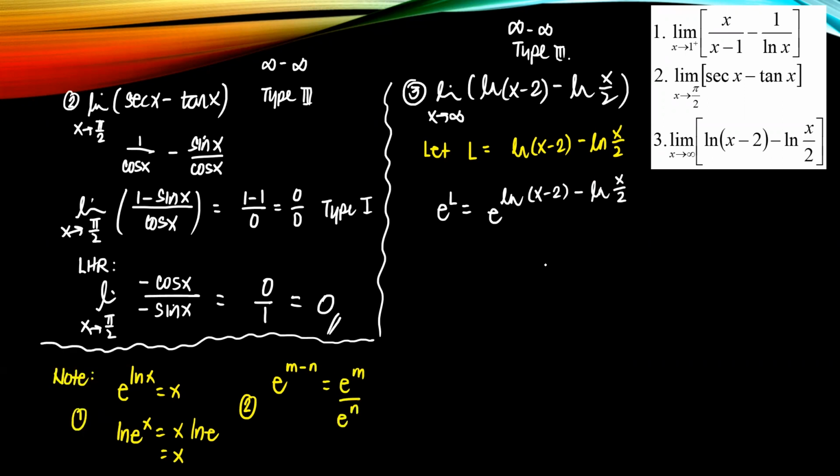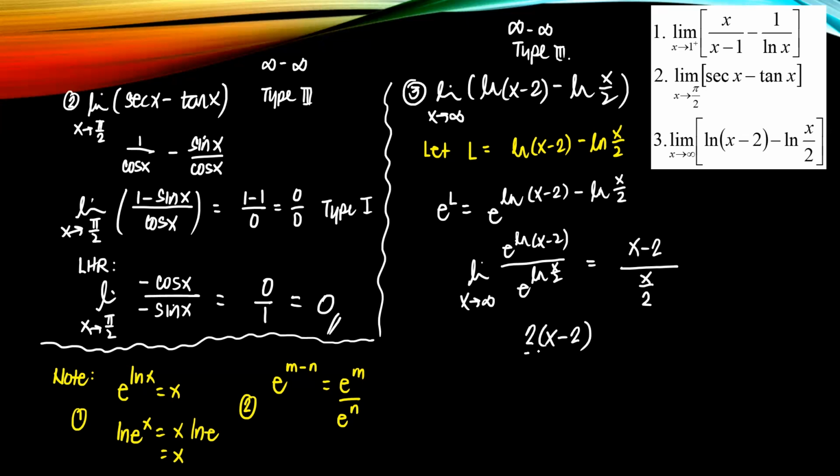The reason being, this one, I can say that that's e to the ln of x minus 2 all over e to the ln of x over 2. Right? You're trying to solve for the limit as x approaches infinity for this. However, this one, I can rewrite that as this over this, according to note number 1. Am I correct? So even before I apply the limits, I can say, that's x minus 2 all over x